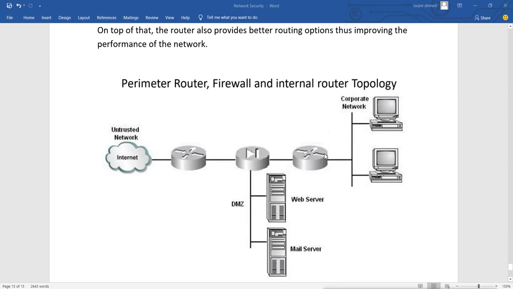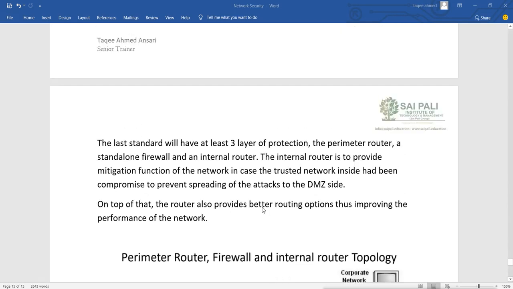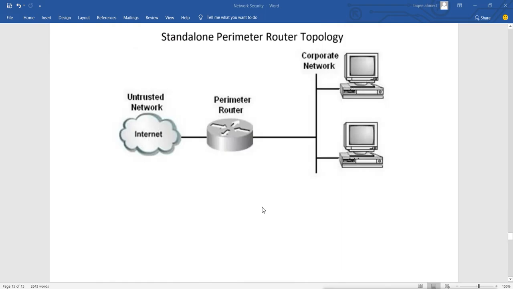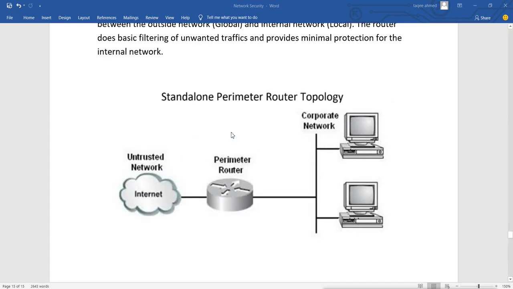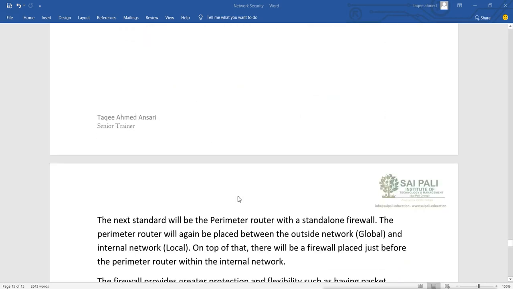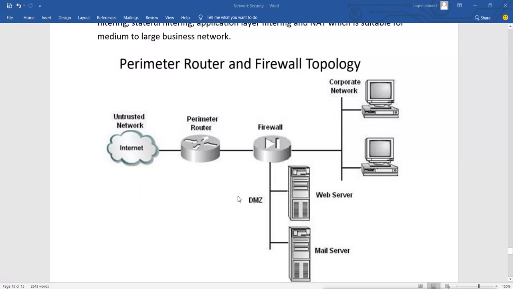We can use them for medium to large networks or for small networks. If you have a small network, then you can go with the standard design, where we have only a perimeter router, where we can configure security ACL rules, access control list rules, to protect against untrusted traffic. And if we want, we can go for a more complex network, where we can have 2 layers of security after the perimeter router, where we can configure the ACL rules.